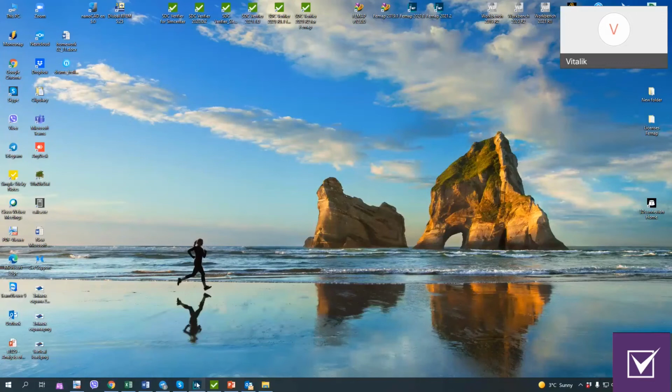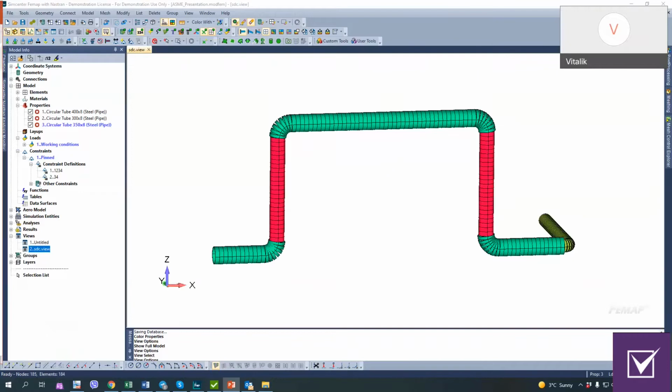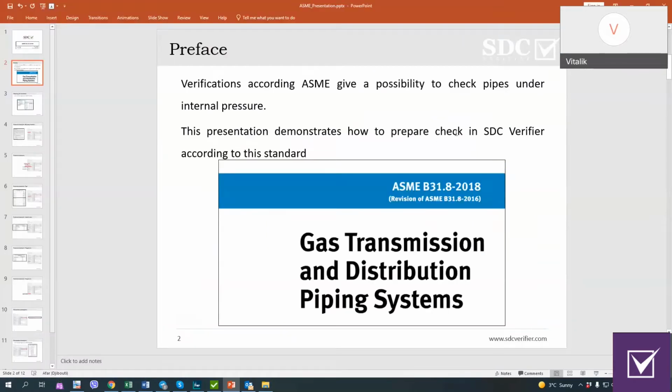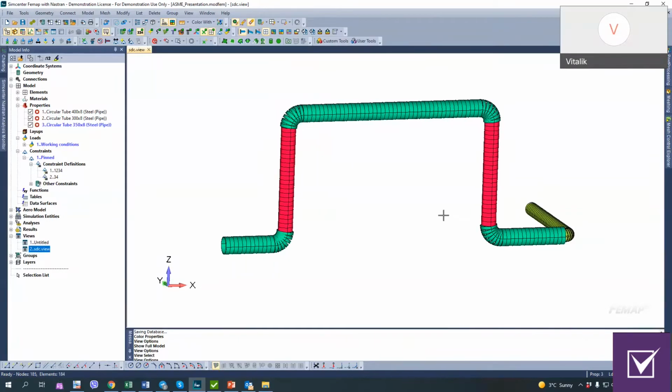The first thing I would like to describe is the ASME standard for gas transmission and distribution piping systems. It's provided by the American Society of Mechanical Engineers. And according to this rule, today we are going to calculate quite a simple model, but in this model we